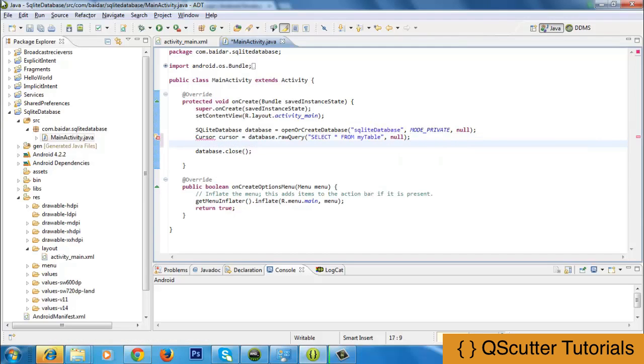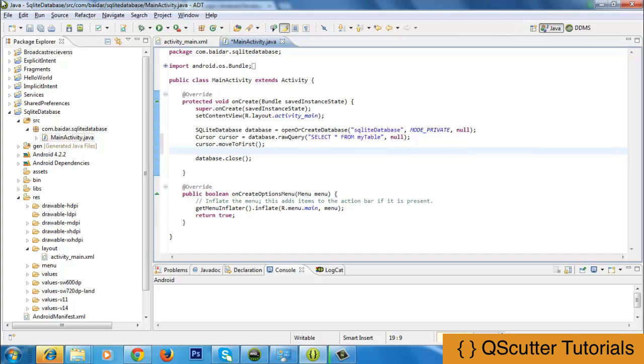And then what I'm going to have to do is use a method moveToFirst, which allows us to start from the first row of the database. So I'm going to use cursor.moveToFirst. That's it. And at last, for the purpose of debugging, what I'm going